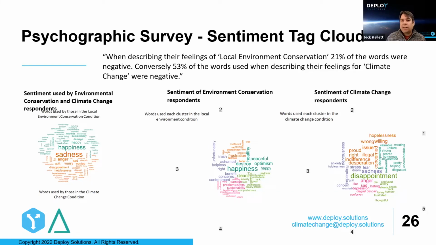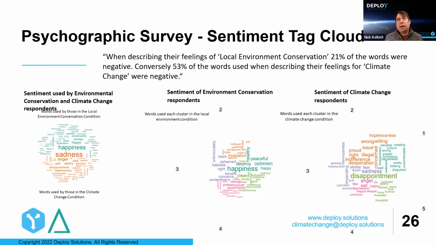So what's interesting here is that it seems to indicate that the people who accept that climate change is real and caused by humans may actually feel far less able to take action, and they may feel very negative about this, and they may feel paralyzed by that eco-anxiety and despair. Whereas the people who are asked about environmental conservation, especially local environment conservation, they may feel very empowered to take action.